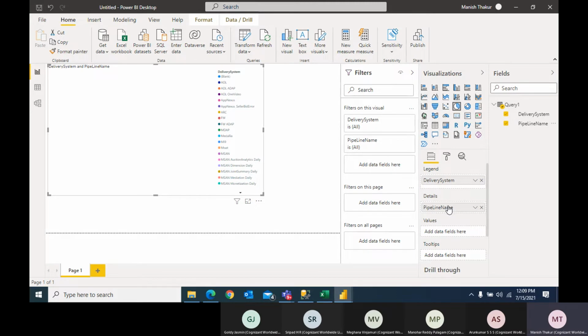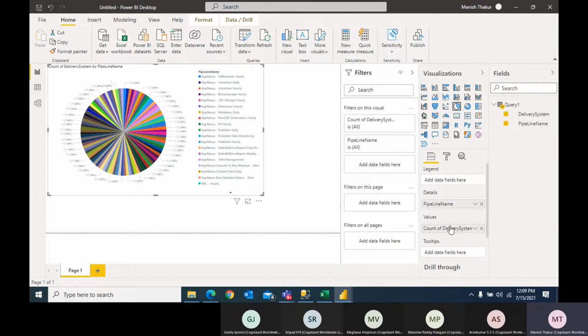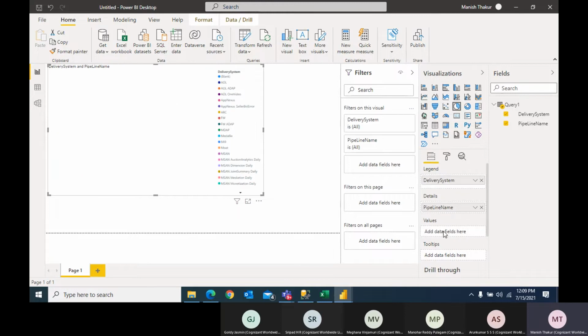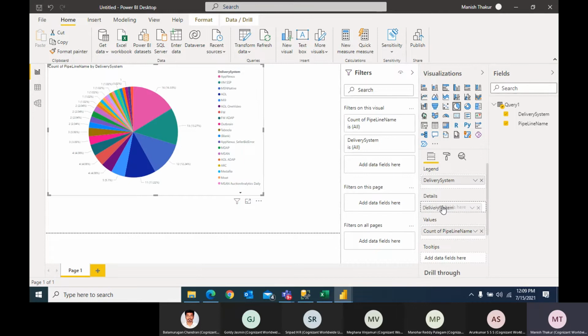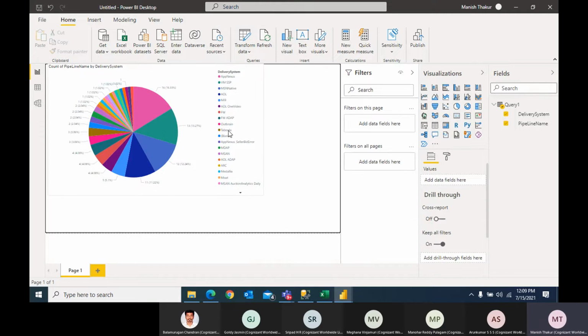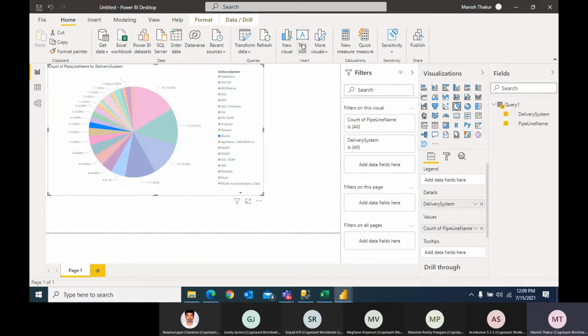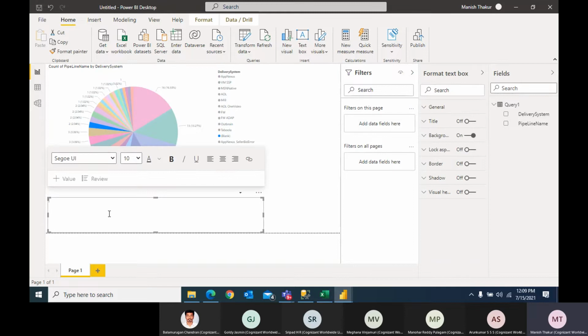Okay, so I will add the delivery system here. Since legend name is the column name, so value, if you don't give value, it will not come. So okay, like that you can try to give the pipeline name and details. So you saw, right? So something like this. You'll get your column names, and earlier also I showed you how you can add some title to this, you can give some like this. So this is basic how you'll show your report.